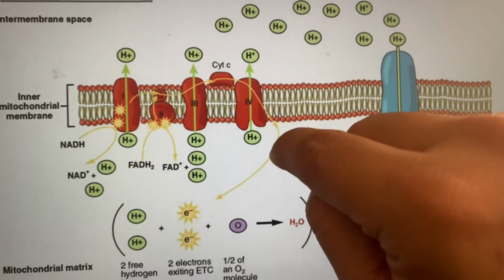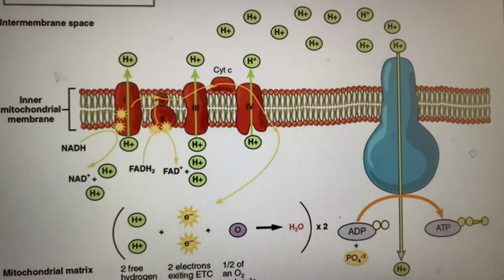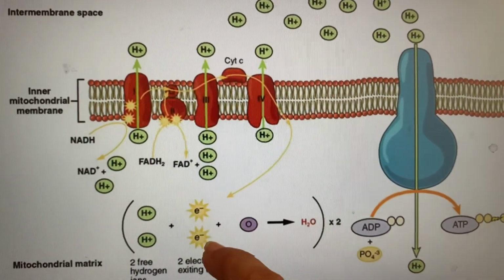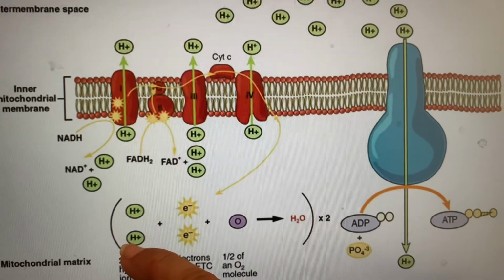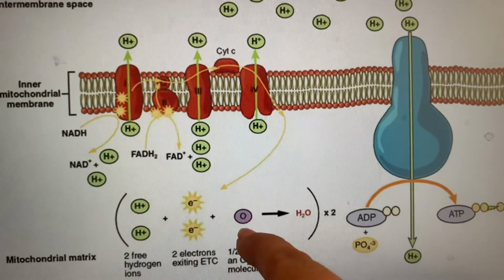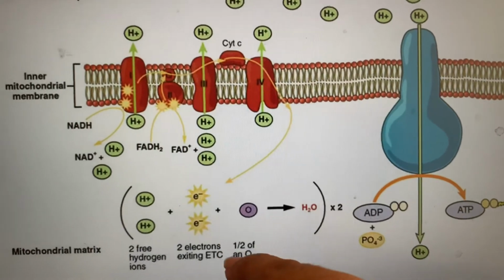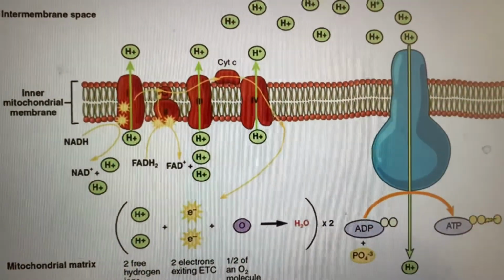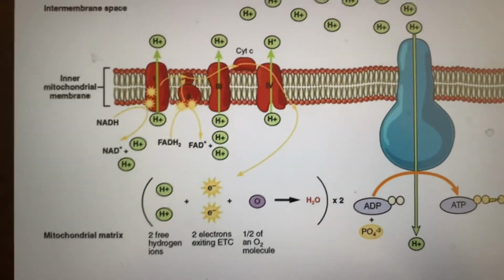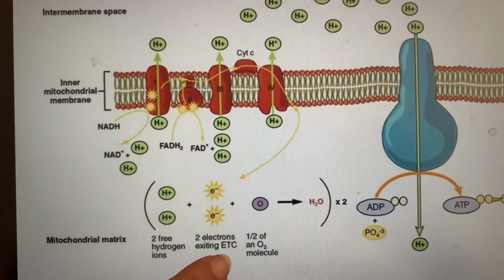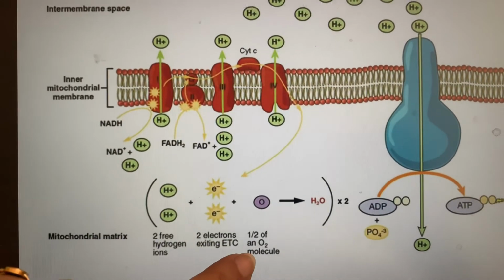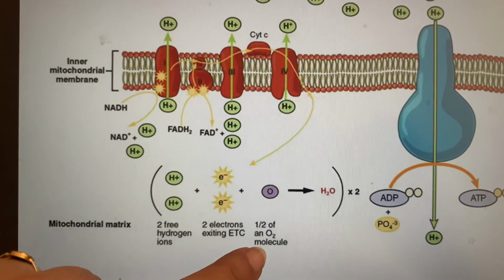From here the electrons enter the reduction step, where water is produced in the presence of protons and oxygen is used. This whole process is aerobic. So two free hydrogen ions and two electrons exiting the electron transport chain, half of an oxygen molecule